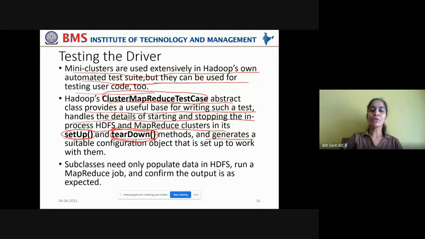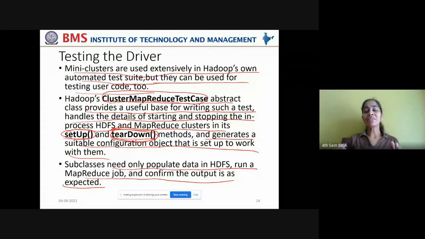It also generates a suitable configuration object that is set up to work with them. All the configuration properties will be set up automatically in order to work with them. Now, subclasses need only populate data in HDFS, run a MapReduce job, and confirm the output is as expected. So our task of writing the unit test has become easy because of these background classes.